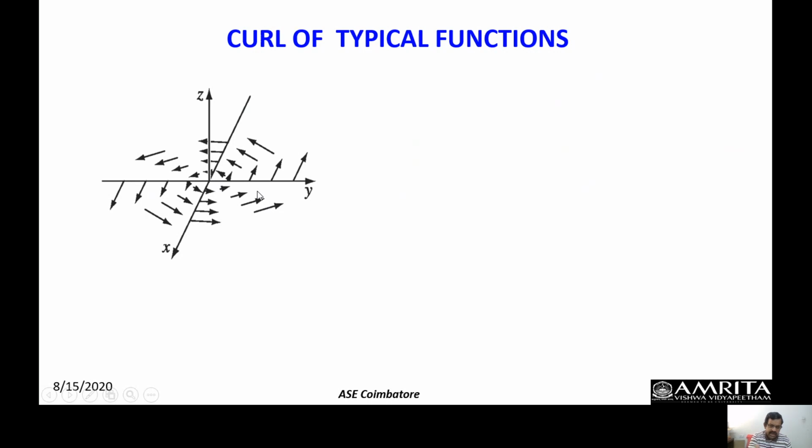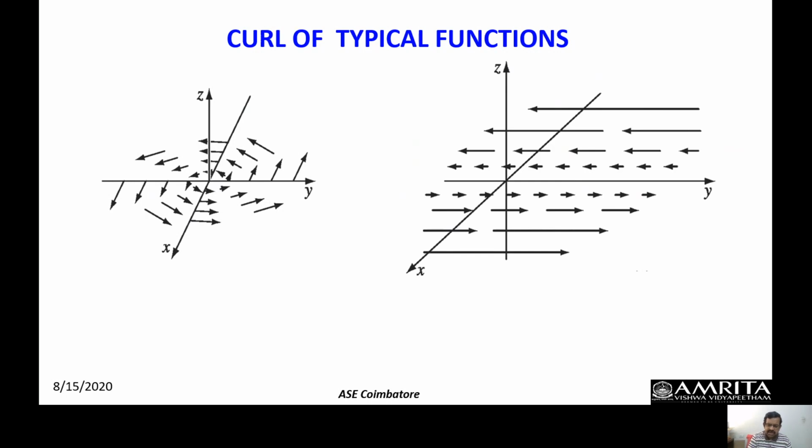Looking at this figure and applying the right-hand screw system, I can see that the cross product of the del operator with this fluid flow vector function is going to point upward. If I represent this fluid flow by a vector function v and take the curl, del cross v, I must get the z direction. Am I going to get that? That is one question. In fact, we are going to get it, as you will see through this figure itself, but mathematically we will show that by representing this flow direction by a certain vector function in the xy plane.